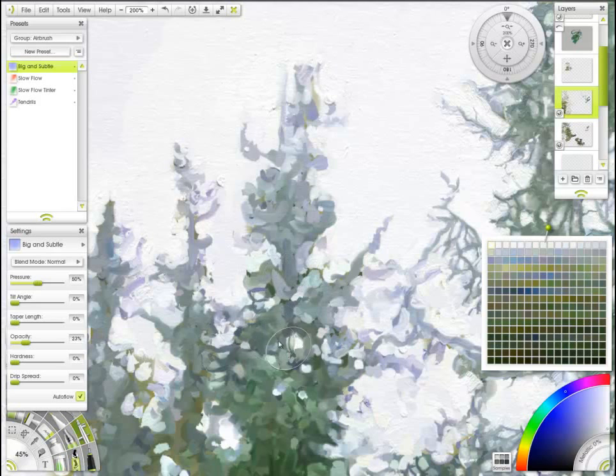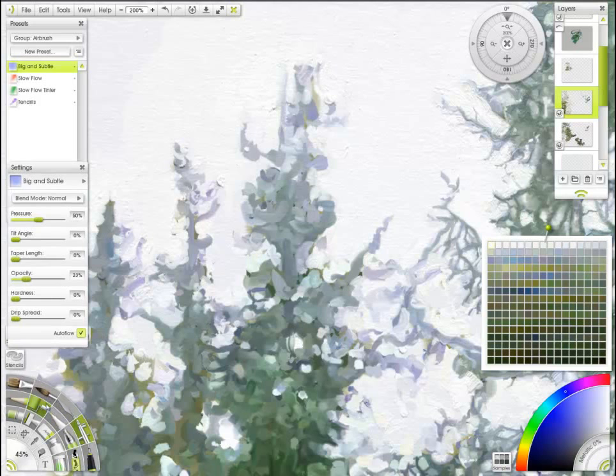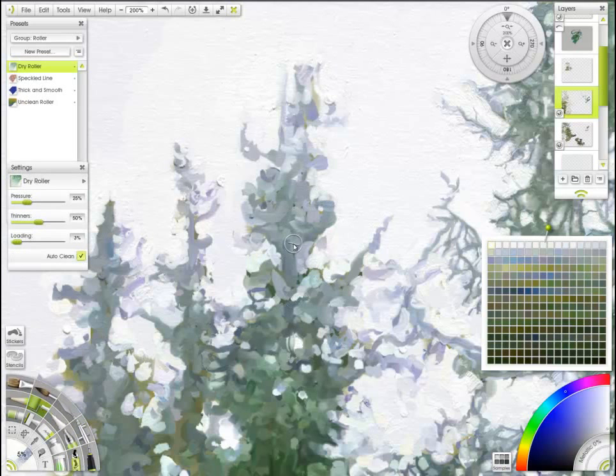I'm going to come in and go back to my roller brush, and because I'm on a layer, I'm going to start thinking about these real quick paint strokes that I put down to lay down the shape of the tree. I'm going to come in, and this is where that texture and value comes. I'm starting to look out at the tree, realizing there's a lot of green and blues in these areas, and I'll start laying down these strokes,